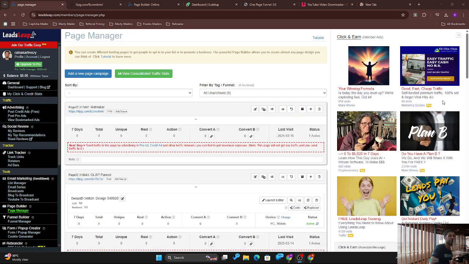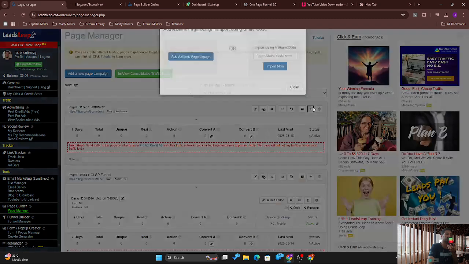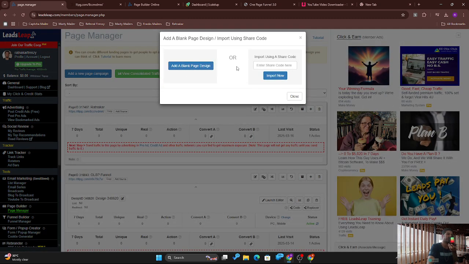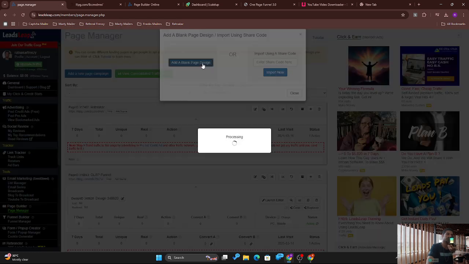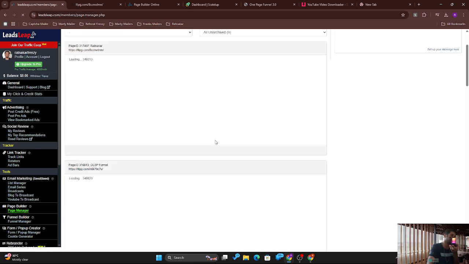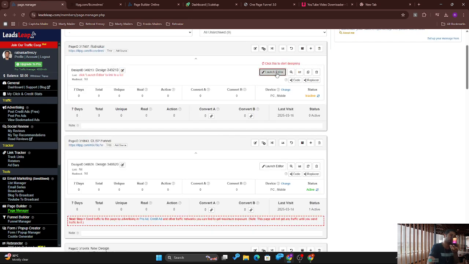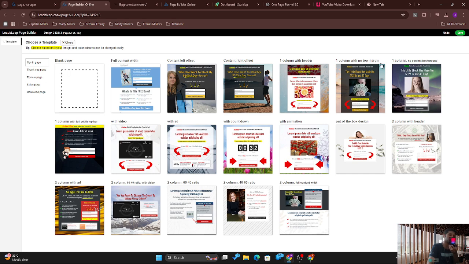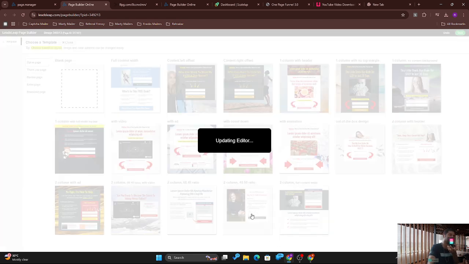Okay, now after removing the design, all you have to do is click on this plus icon right here, and you'll find add a new blank page design, or you can put the code again. Let's do add a new blank page. Now you have to just launch editor, and you'll get multiple options. Okay, so these are the options of pages that you have, so you can select any one. So let's say I want to use this one, right? I will use that,